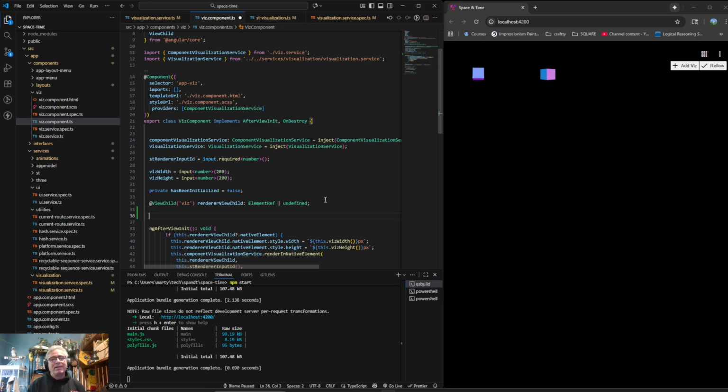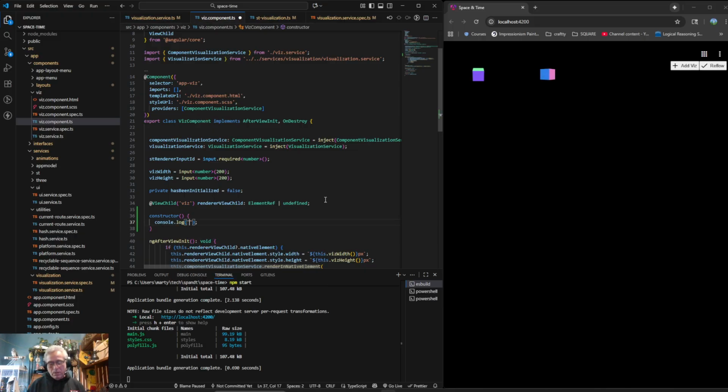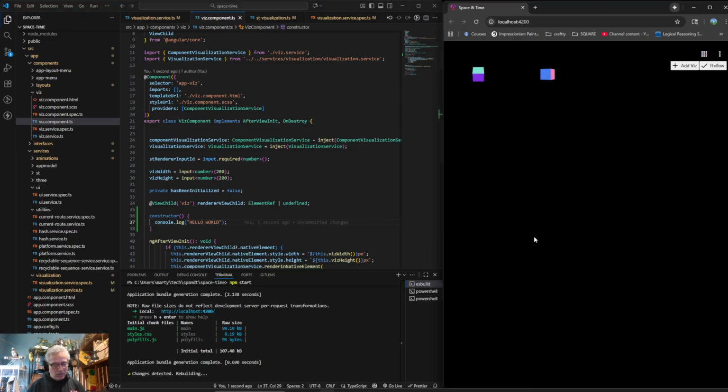So I'm just going to say constructor, boom, and then console.log. And then we're just going to hit the F12 button so we get our